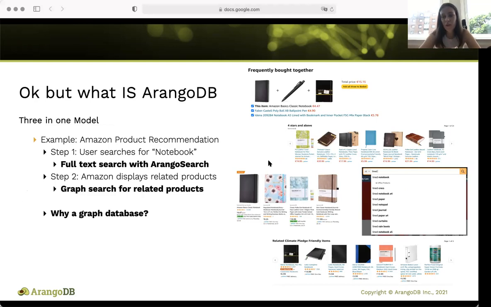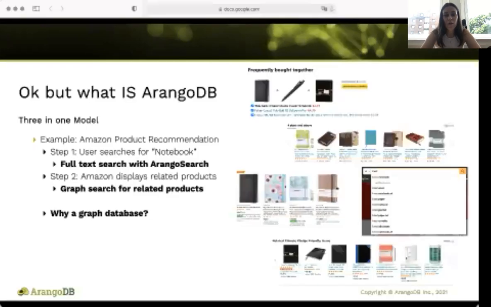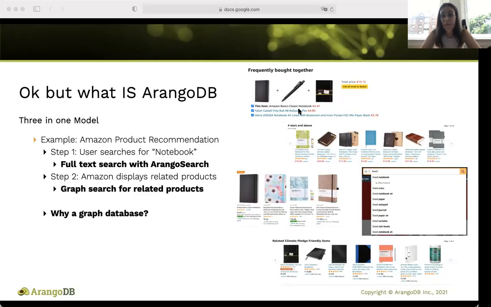A common example that I use when explaining ArangoDB to friends and family is when you go and use the Amazon platform. In this case, we're going to talk about when you go on Amazon to make a purchase. Your navigation on the Amazon website will take you through different forms of data which Amazon has to store and use for your user experience. When you log into Amazon, data is pulled to create a home page. This page shares information that has been tailored to your previous search histories and purchases.